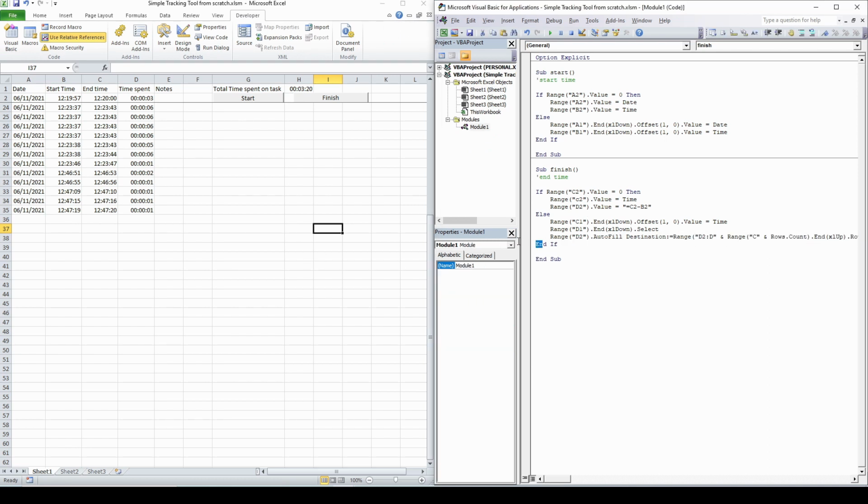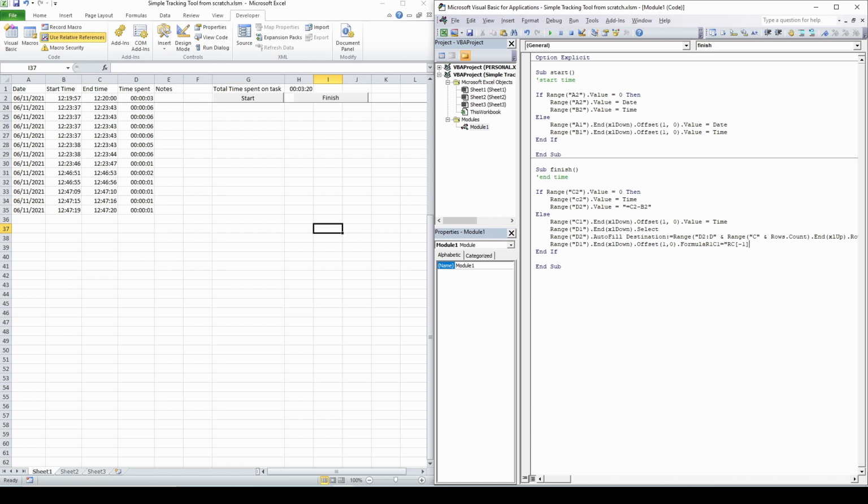It's worth to notice that we can use different methods depending on the outcome that we want to get. In this example, I wanted to always copy the formula from D2 cell to other cells in column D, but we can approach it differently. For example, using formula R1C1 property, we can put formulas in every new cell independently.